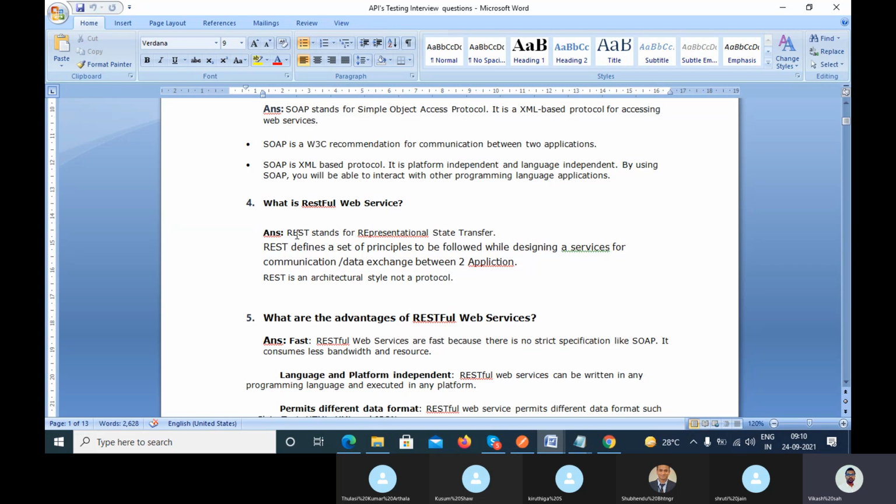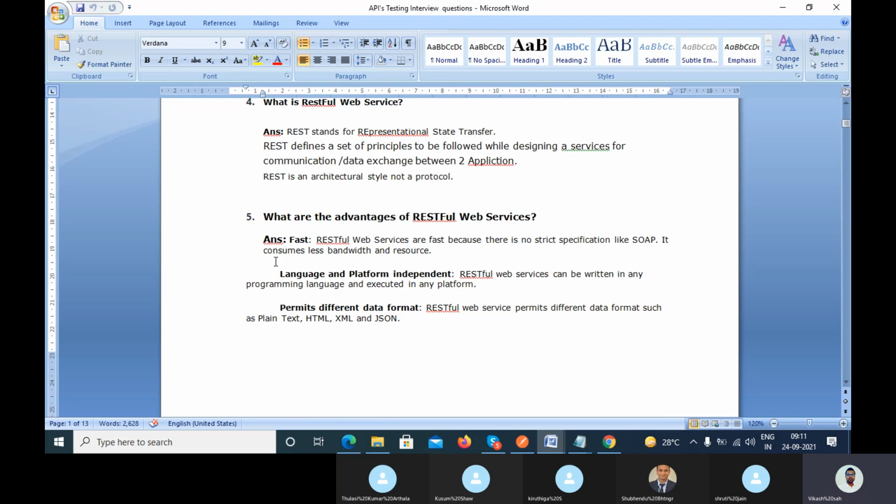Here you can see what is a RESTful web service. REST represents Representational State Transfer, and in REST we have a set of principles which the developer has to follow to design a web service to exchange data between applications.